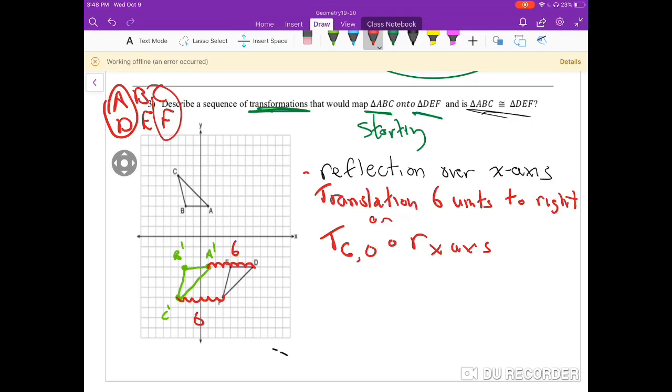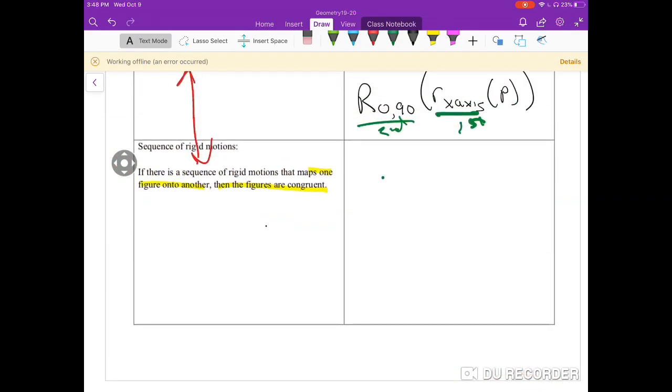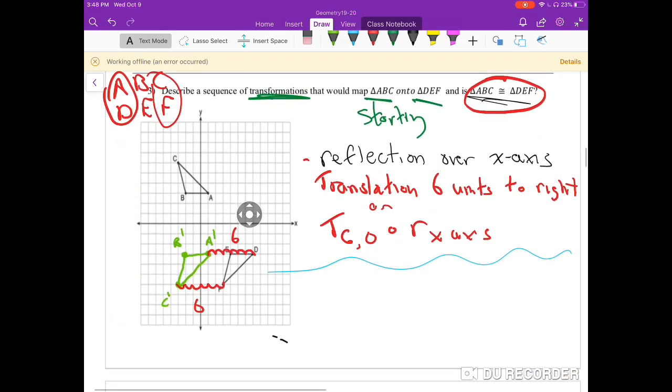So the next part of the question says, is triangle ABC congruent to DEF? Now, this is the one that comes up a lot. So are they congruent? Well, to answer that question, we're going to go back up to here. Was there a sequence of rigid motions that mapped ABC onto DEF? If yes, then the figures are congruent. And I know that it's yes because a reflection and a translation are both rigid motions. So we could say here, yes, they're congruent. Yes, triangle ABC is congruent to triangle DEF